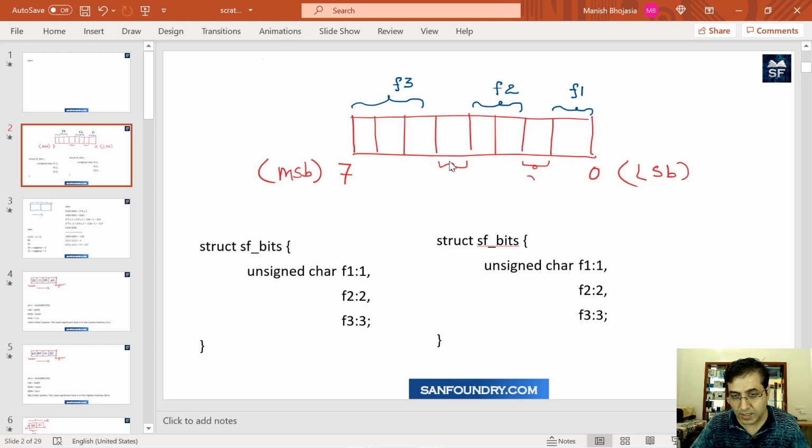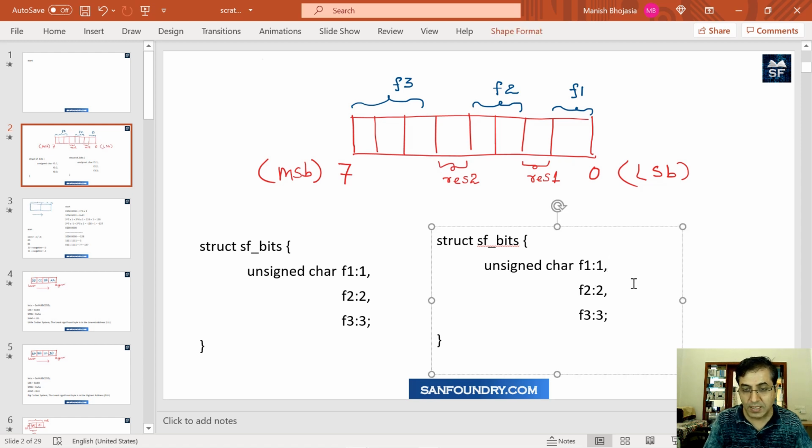So we can call it RES, reserved 1. This is just a name. You can have R1 or any name here. Similarly, I am saying reserved 2. What it really means is we are reserving them, they are unused. So in our design, we have to modify the structure. And how do we accommodate for that?